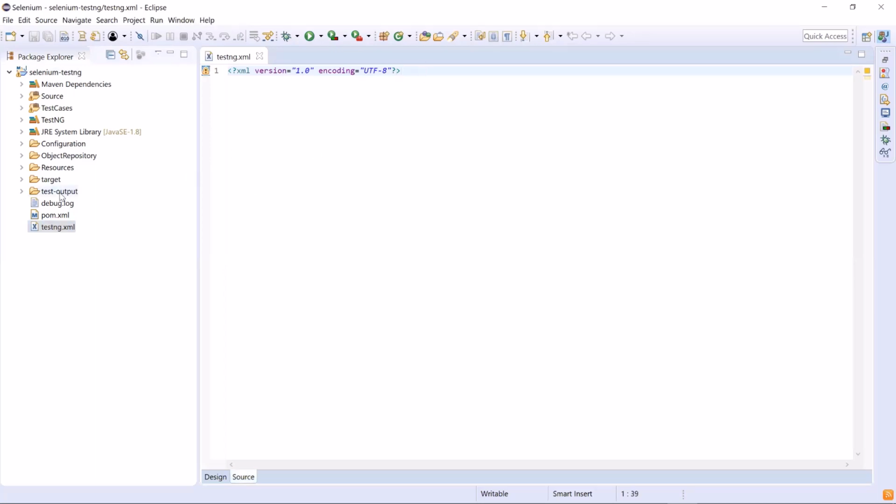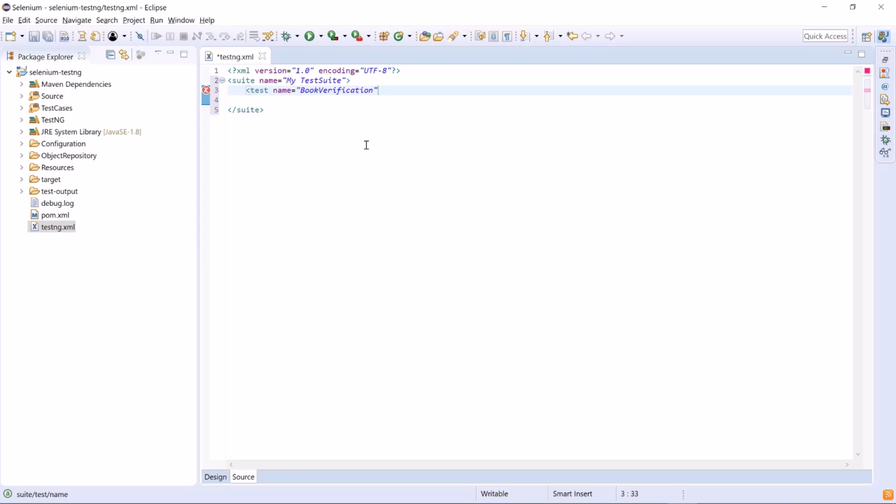So this is our testng.xml file. Now we'll add different tags in our XML file. First of all, let's add a suite in the XML by adding the suite tag, and then provide any name to the suite. It can contain one or more tests. After that, we can add a test under the suite by adding the test tag. Again, provide any name to the test.